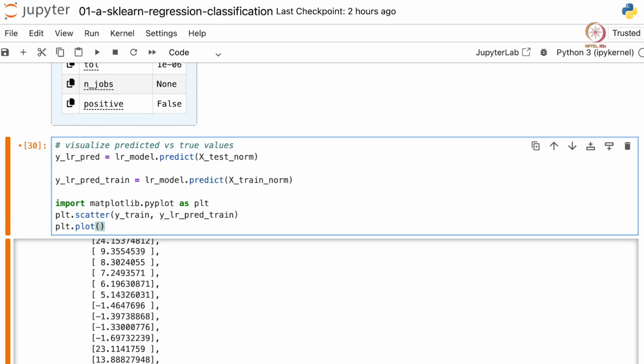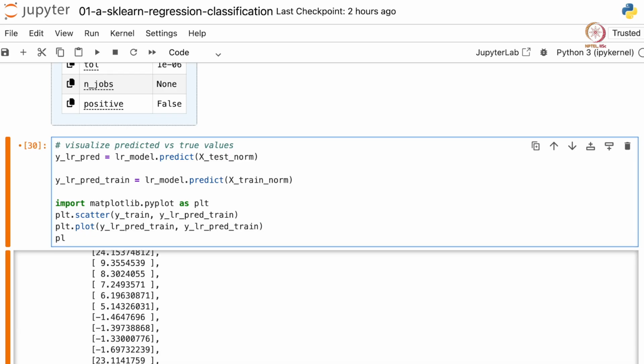And just to get the parity line for this prediction, let's just plot these two on the x and y axis both, so that we have an x equal to y line. And then we can add the labels for the x and y axis.